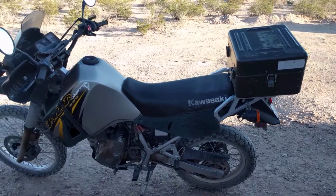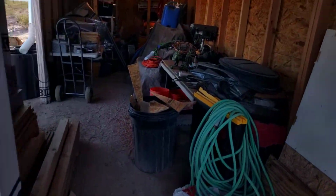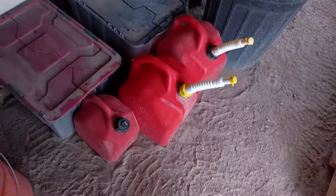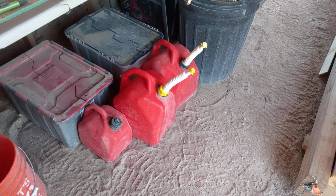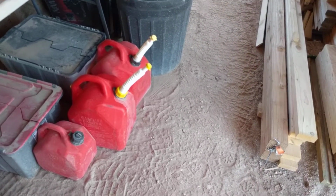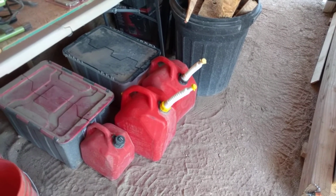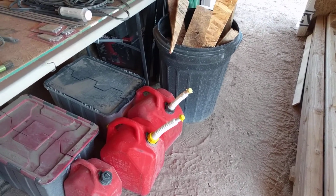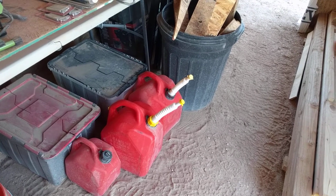Now, the way it's looking right now, I have to drain the gas tank in the truck. Okay, 25 gallons. I've got 2 5s and a 2. So that's about half of what the truck holds, right? Half of 25, pretty close, right? The motorcycle holds about 5 gallons, and I've got 2 generators that need gas. So I'm like, all right, now that I did the water trick, these will also fit the same way in the back of the motorcycle. So tomorrow I'm going to ride the motorcycle into town, get a new fuel pump. And then when I come back, I'm going to siphon gas out of the truck into the gas cans, and then one at a time bring the gas cans home